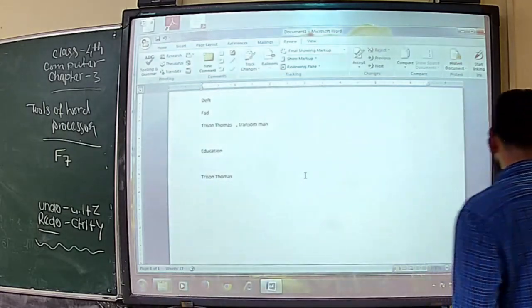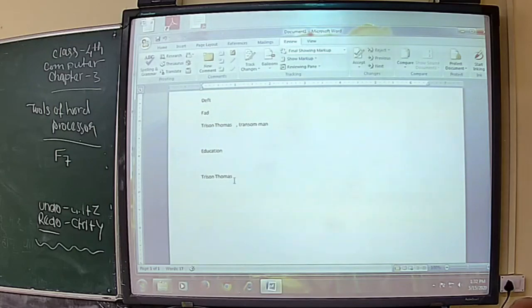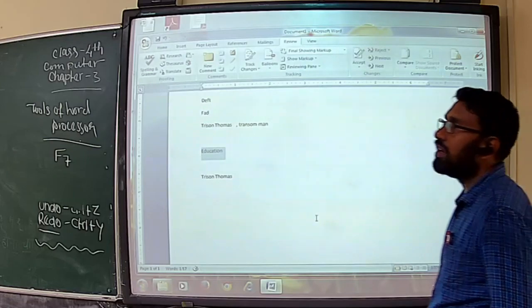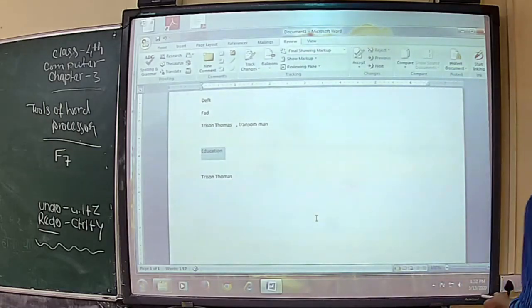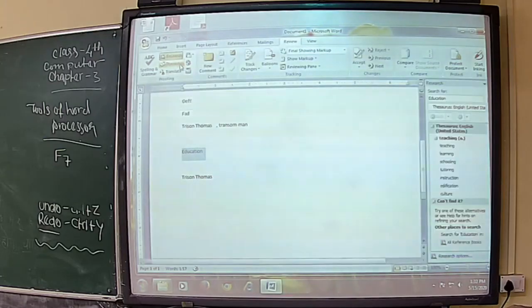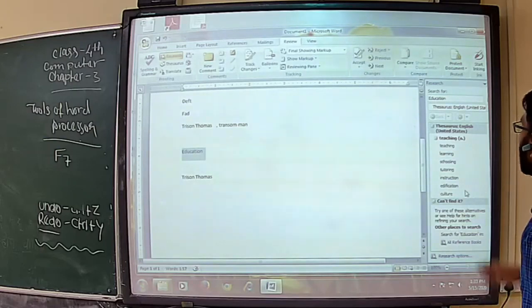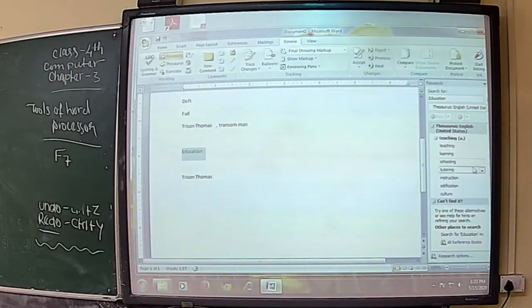So how do we access those antonyms and synonyms? Education. I want to change the word education. First we need to select the review tab. Then you can see the Thesaurus. I selected it, then education. On the right side you can see many words that represent education: teaching, learning, schooling, tutoring, instruction, and culture.